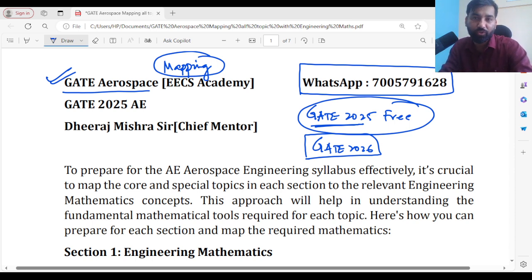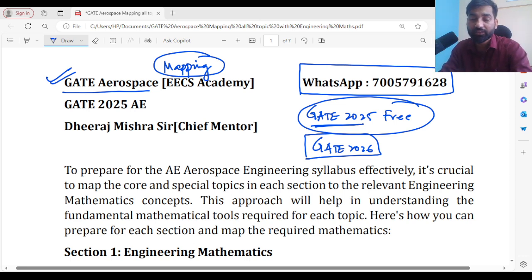before you get started with your aerospace engineering subjects, in fact, let me tell you, if you are not good at mathematics, I have seen many teachers also who claim that they are IITians and have been teaching GATE aerospace for the past 10 years. They also struggle in mathematics. Why? The reason is they don't have time to recapitulate their mathematics. Whenever they teach any subject, let's say structures or any other subject, I've seen with my own eyes, and many students also told me during their classes, that they struggle solving questions because of mathematics.